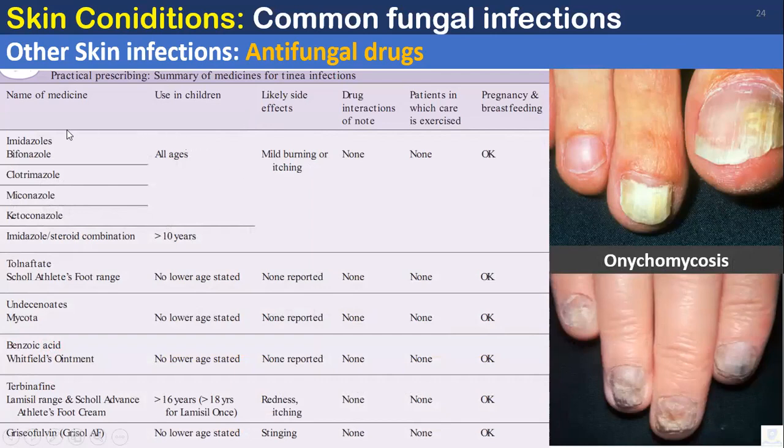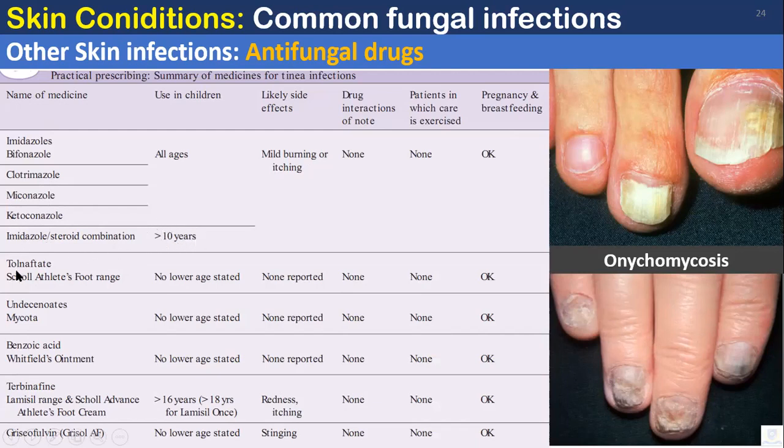Imidazole topical, we should use topical. Okay, it could be used in all ages without risk. Imidazole with a steroid combination, sometimes like hydrocortisone, to reduce the itching, especially if we find that a fungal infection may lead to an eczematous-like effect, dryness of the skin, and itching and burning sensation. So a combination of imidazole with a steroid like hydrocortisone should be applied only for patients above 10